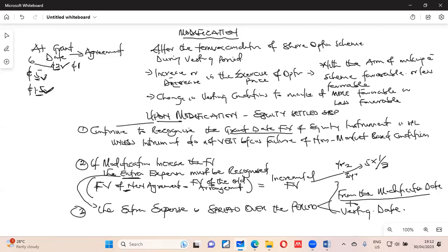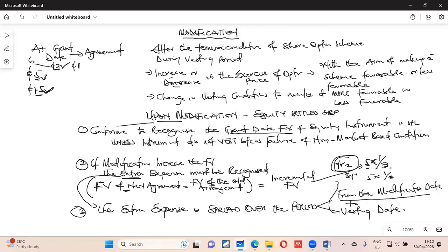All right. So if the modification happens in year 2, or the very end day of year 1, then it means it starts 2 years. So from year 2, you amortize the incremental fair value, 1/2. So year 3 will be the same 5 over what? Another 1/2, the remaining half.